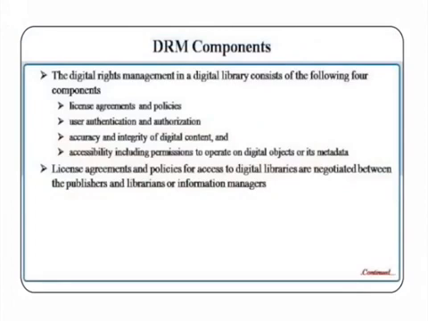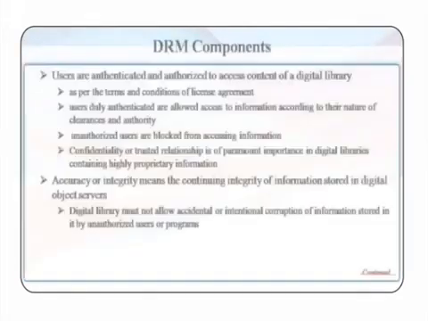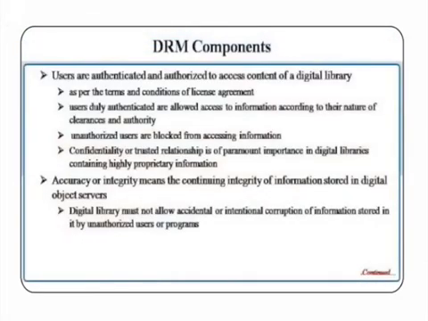The digital rights management in a digital library consists of following four components, that are license agreement and policies, user authentication and authorization, accuracy and integrity of digital content, and accessibility, including permissions to operate on digital objects or its metadata. License agreements and policies for access to digital libraries are negotiated between the publishers and the librarians or information